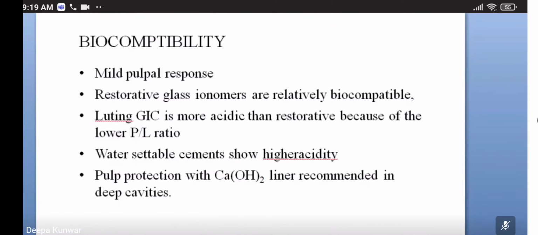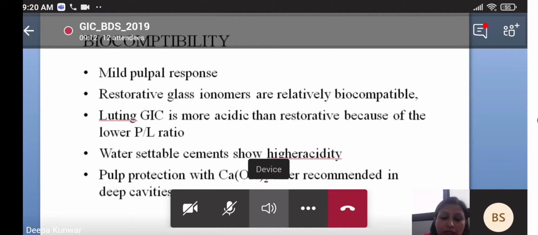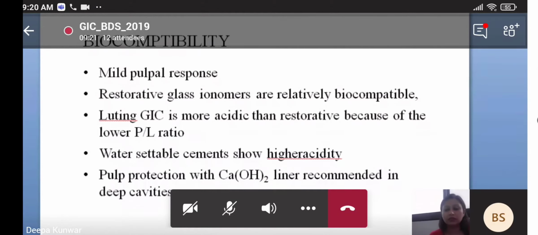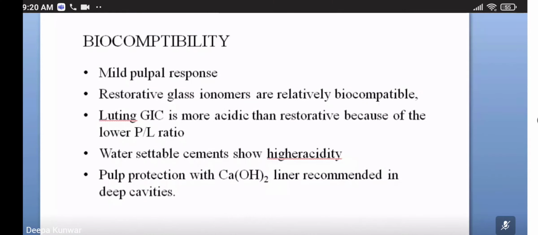Okay, the entire intaglio of the prosthesis must be coated with the luting cement. When we do the luting of the crown or anything, the luting cement should cover the entire prosthesis, and then we should set it. Okay, then we should remove the excess material from the tooth structure. For restorative purposes, it's the same thing. Okay, the area should be clean, and then we should put the restoration.